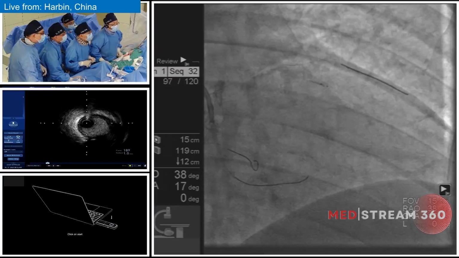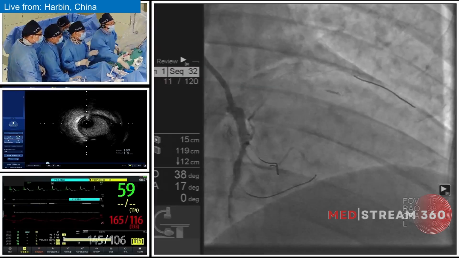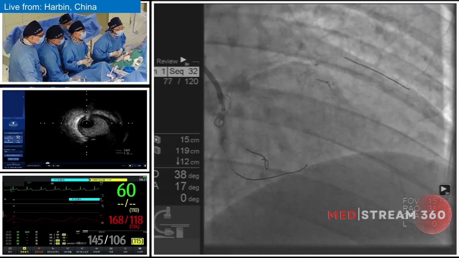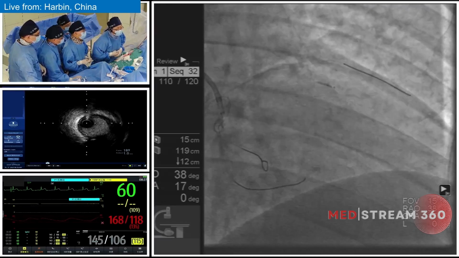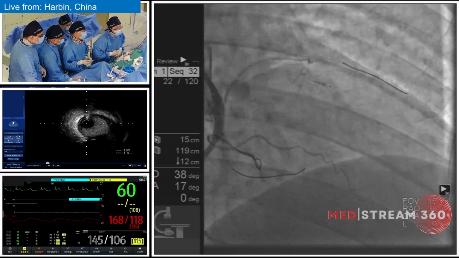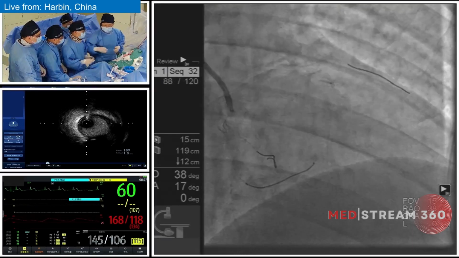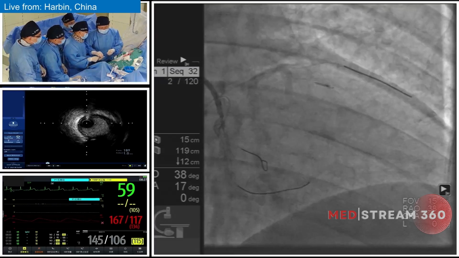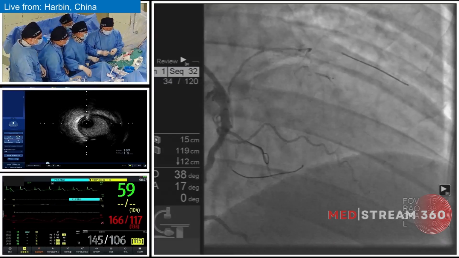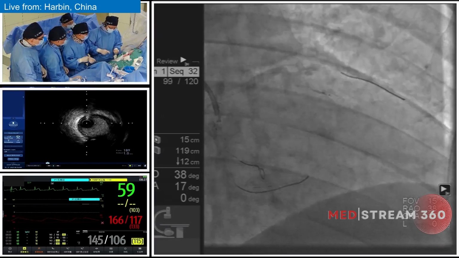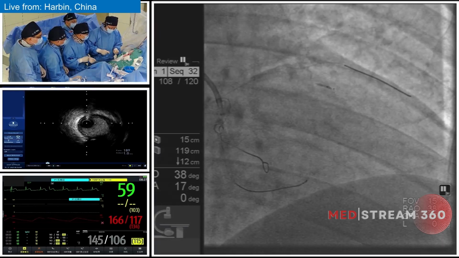Not very clear. Yes, because we know that this case doesn't give a very good collateral flow from the RCA vessel to the RAD. There are several collateral flows from the RCA to the RAD. One is from the distal RCA, and one is from the proximal arterial branch. However, we may notice that neither of these collateral flows offers big enough and good enough collateral flow